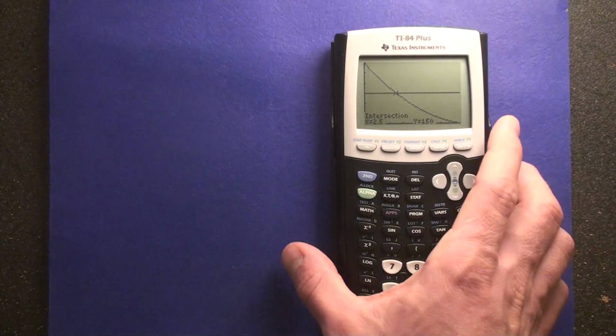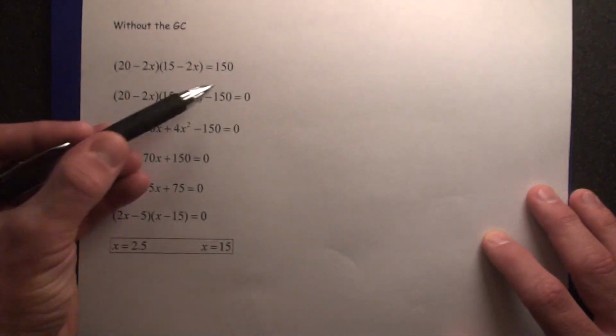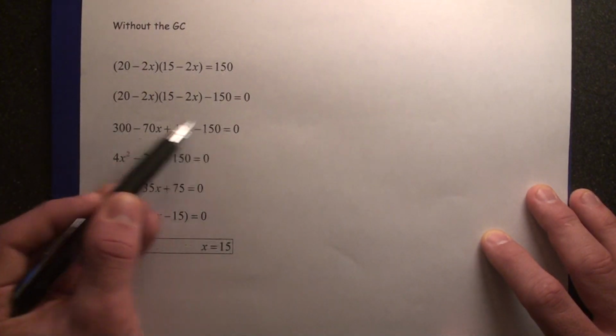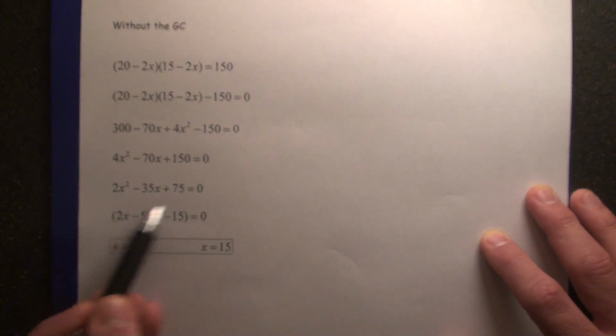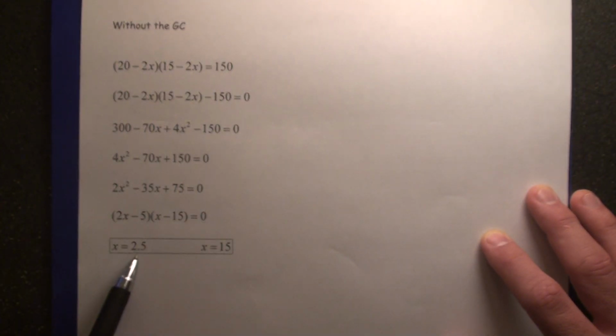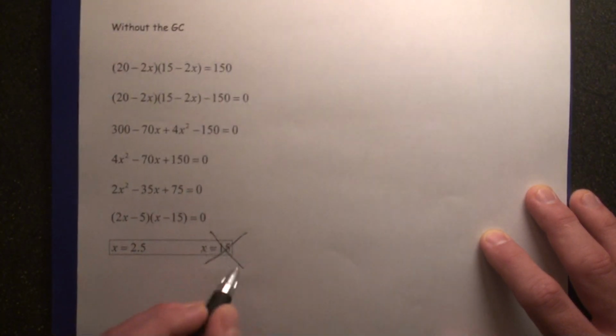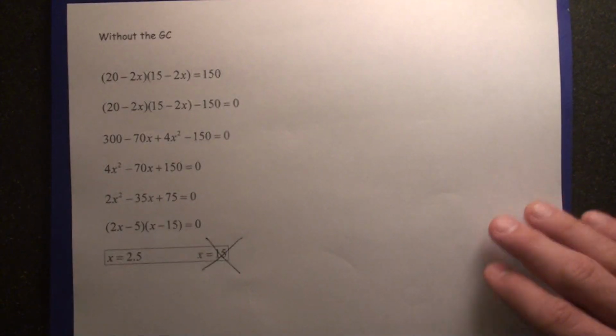Alright, now there is another way to do this, which is algebraically. Without the graphing calculator, you would have to subtract 150 on both sides, gather like terms. After you do FOIL, you'd have to get 0, you'd have to solve a quadratic, you would get x equals 2.5 or 15, which 15 does not work because it's outside of the domain. Alright, so any